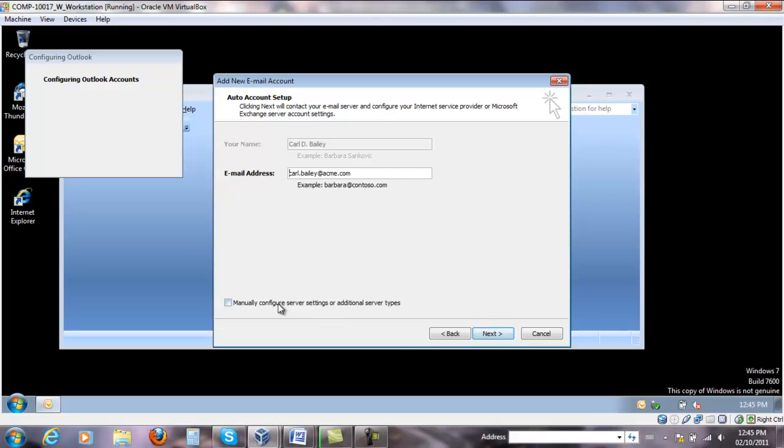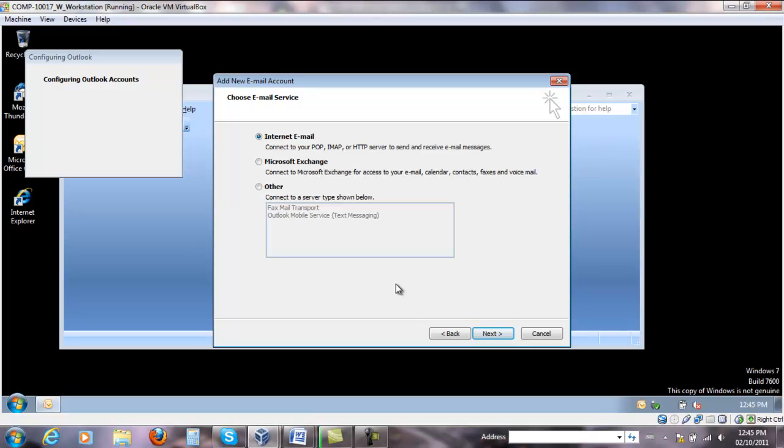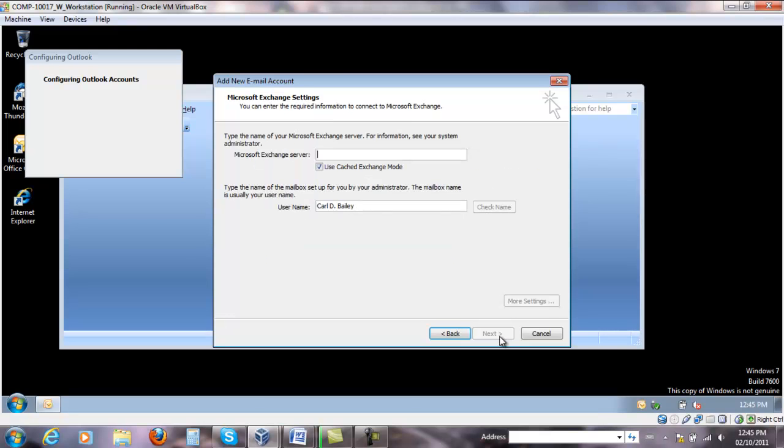And the moment if we really want to manually configure the settings, so I'm going to show you that, because automatic is very straightforward. So if we select manually, you have to click Next, and here you're going to have a few questions. So if you want to connect to Microsoft Exchange, as we are doing now, select that option, and you need to specify the Microsoft Exchange server name. So here we can type